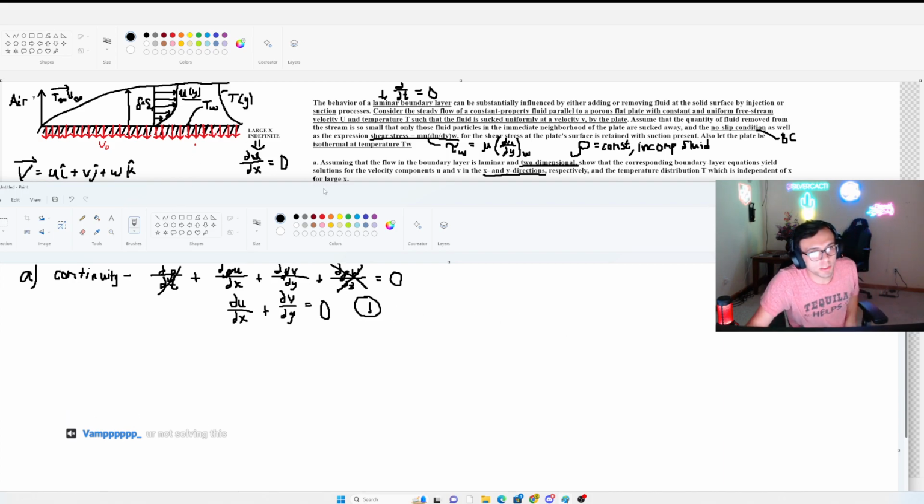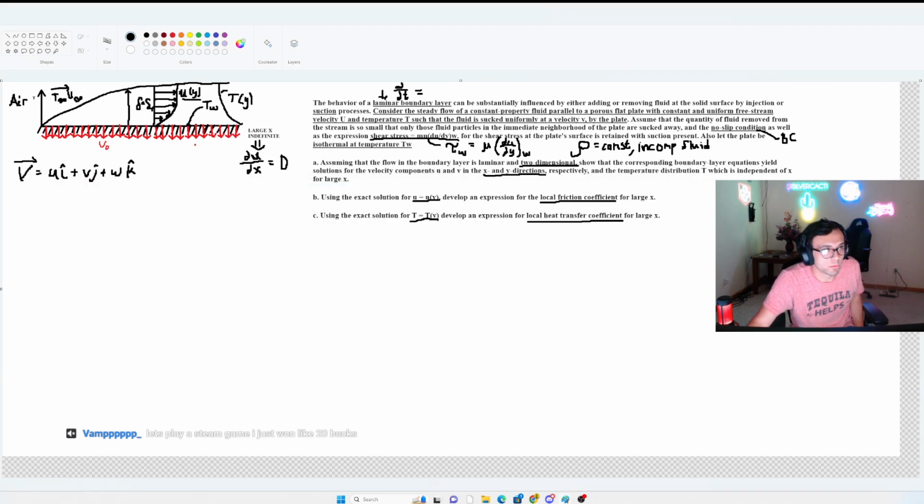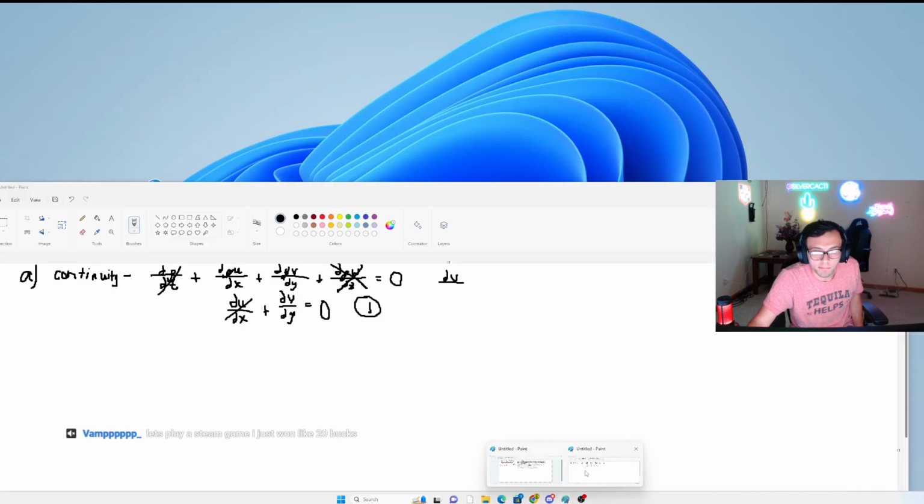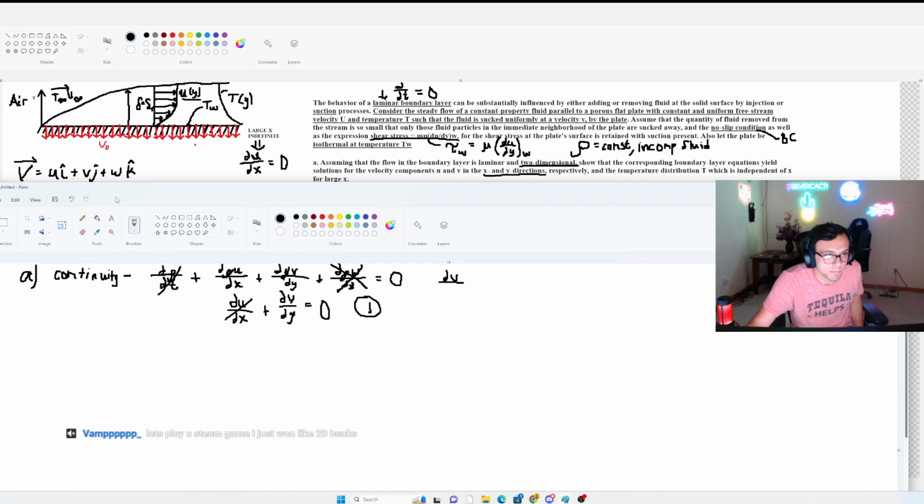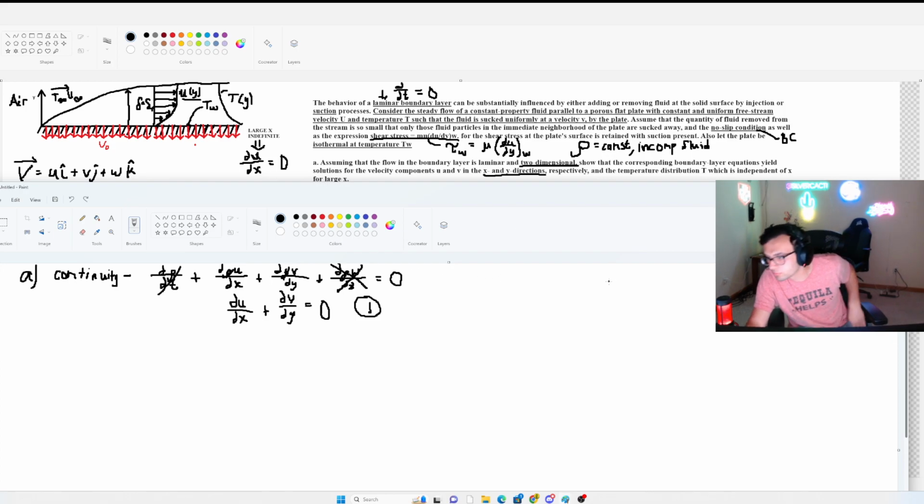And we also assumed this is 0, so we can cancel out this. So basically that means... Actually, I'm going to keep this in. But since that equals 0,